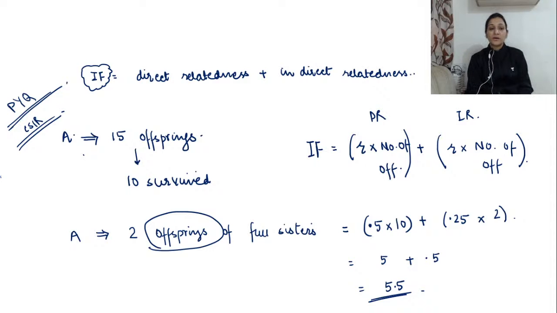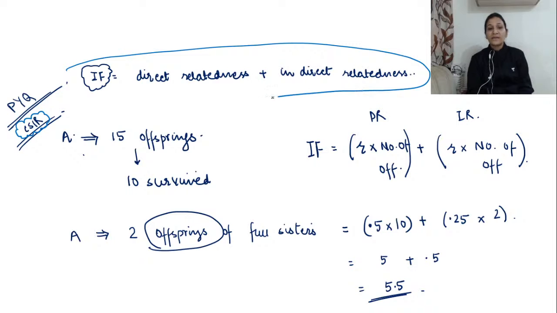Then we have seen an example of a CSIR question, that it will be given that there's an individual having these many offspring and these many offspring survive well. So you have to go with the number of the individuals who actually survived and not with the total number of individuals. And another thing that you need to see is how many other than the normal offspring of his own he is participating in taking care of, and then the relatedness. So this is the formula.